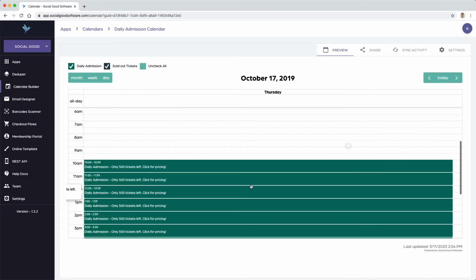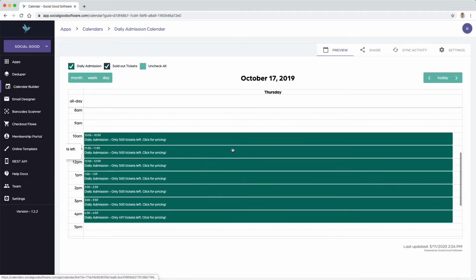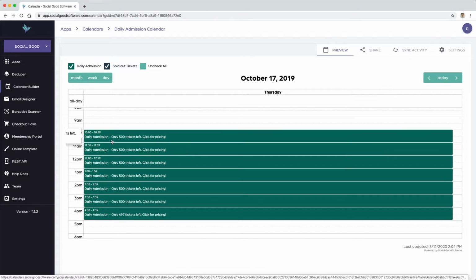So October 17th, you can see here I have a calendar based on daily admission, and we have 500 tickets left on all times except 4 p.m. At 4 p.m. we have 497 tickets left. So what we want to do is we want to make sure that we have this availability number available and